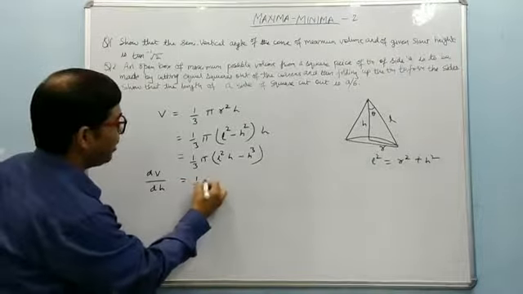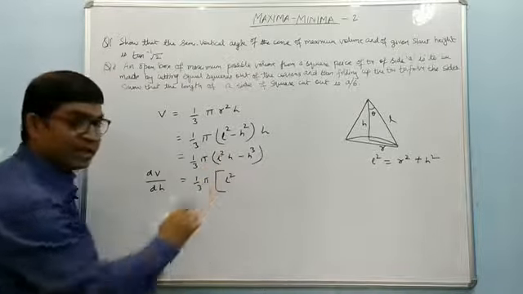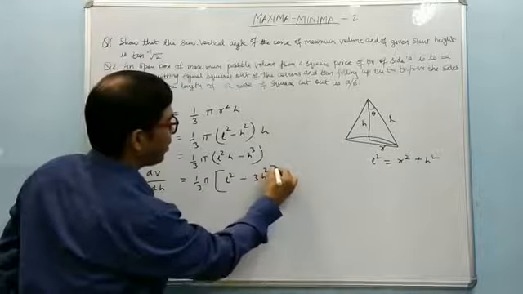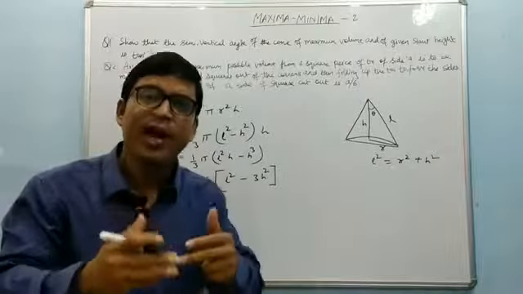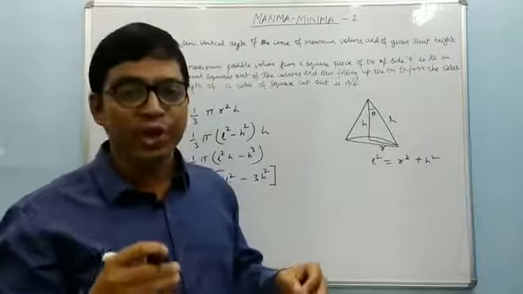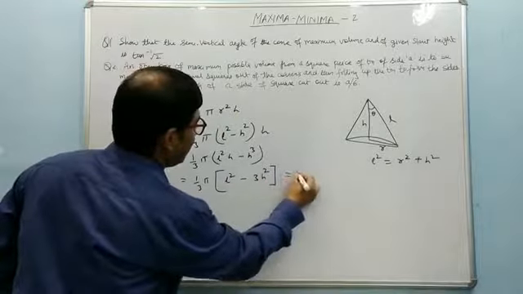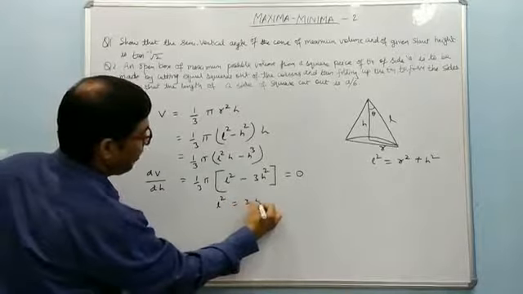1 by 3 pi constant outside, it is L square, H is 1 minus 3H square. Okay, and step number 3 is that we differentiate and put it equal to 0 to get the value of the variable. So if I put it equal to 0, I will get L square is equal to 3H square,